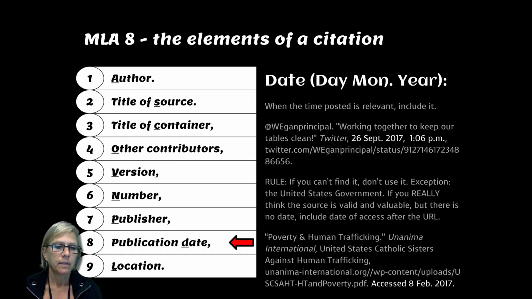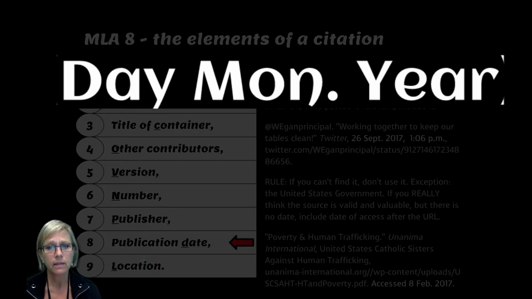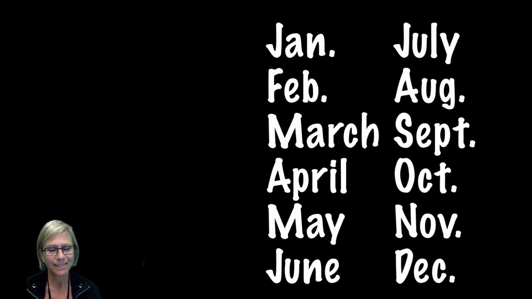The eighth element is the publication date. And one of the most important things you can note about the publication date is that it is recorded as day, month, year. And the month is abbreviated to 3 letters followed by a period, except for